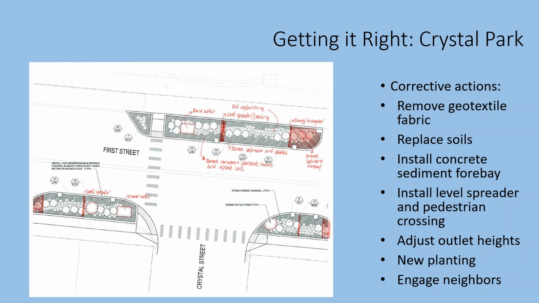In terms of corrective actions, we did quite a few. And there's actually been some additional improvements done to this intersection since. All of those improvements have included energy dissipators that are designed with input from our field maintenance staff, replantings that were done at a much denser concentration than was originally, and it also includes elimination of the low flow channels.